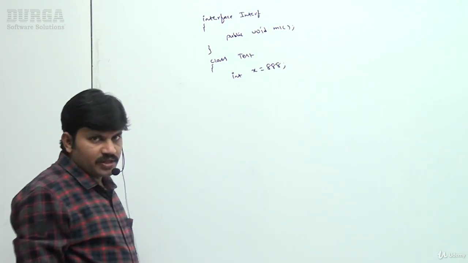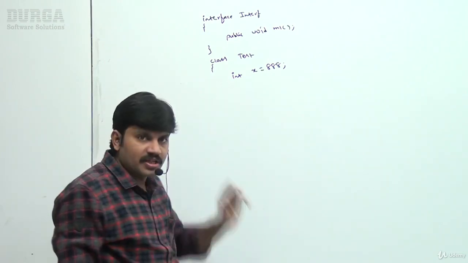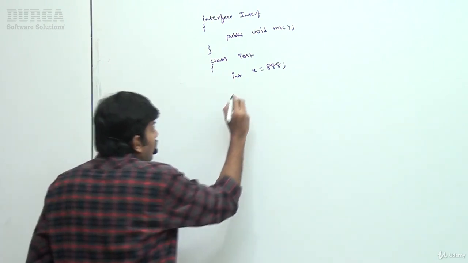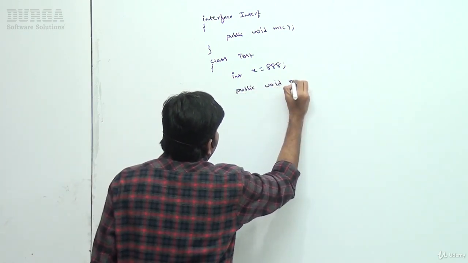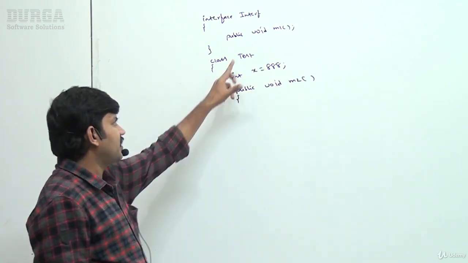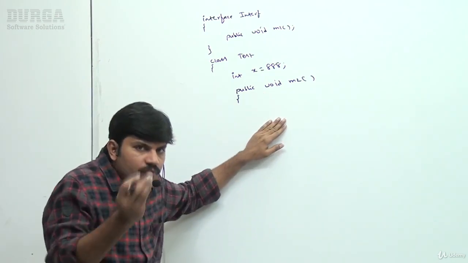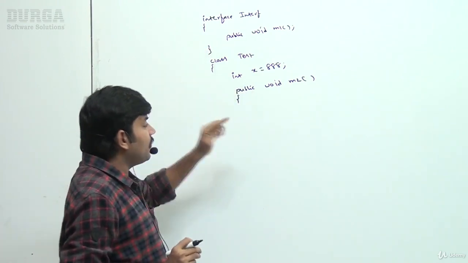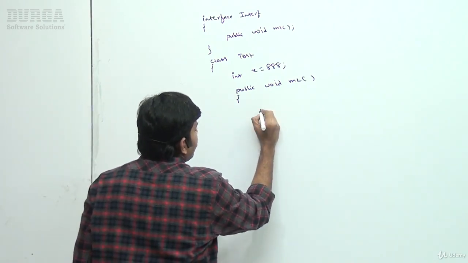Can you please tell what this variable is? This is the instance variable of the Test class. Now I'm taking a public void m2 method, of course some instance method present inside the Test class. In this method, I want to write an anonymous inner class that implements Intraf. Here, Intraf